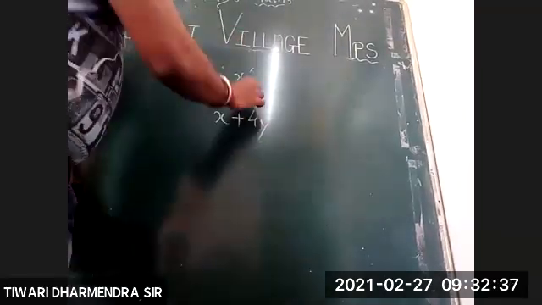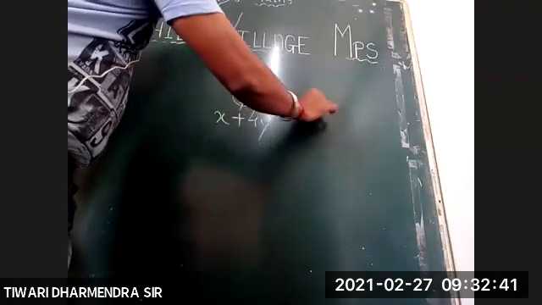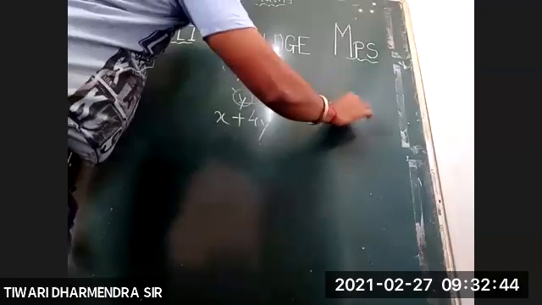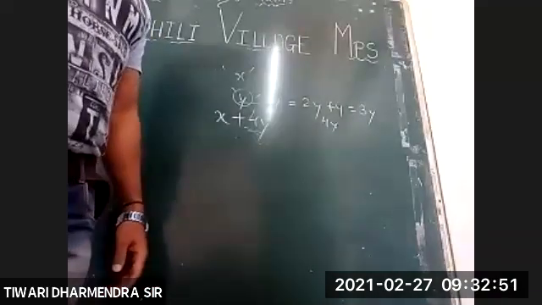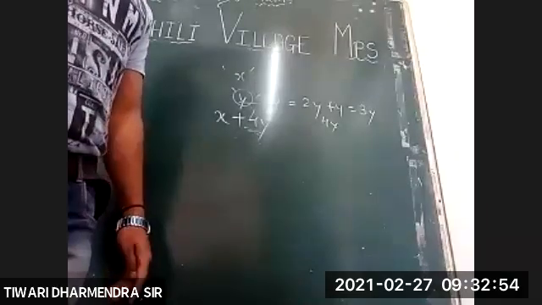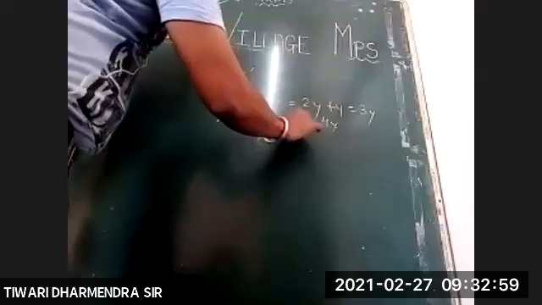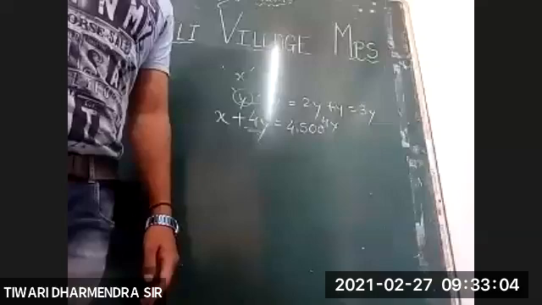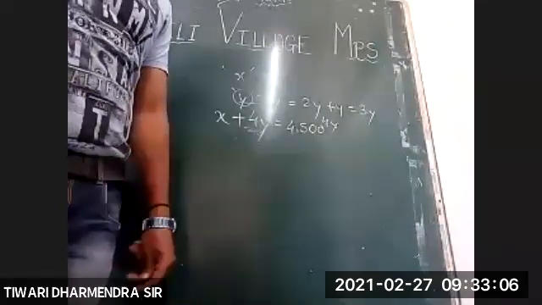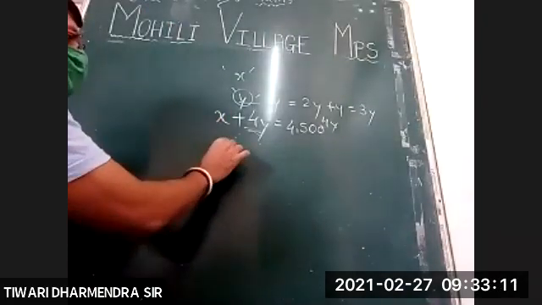If, say, first year you get Y increment, second year you are getting again Y, so it becomes 2Y. Third year, Y, so it is 3Y. Fourth year, it will be 4Y. So after 4 years of increments, the amount is 4,500. And after 10 years, the second condition, his monthly salary became 5,400, meaning X plus 10Y.